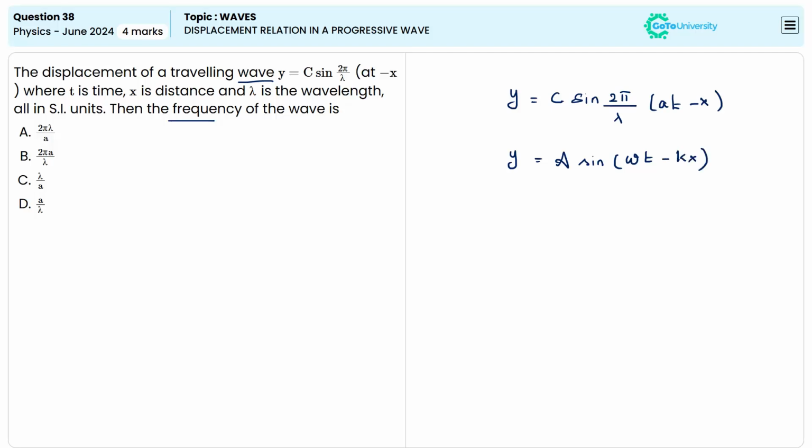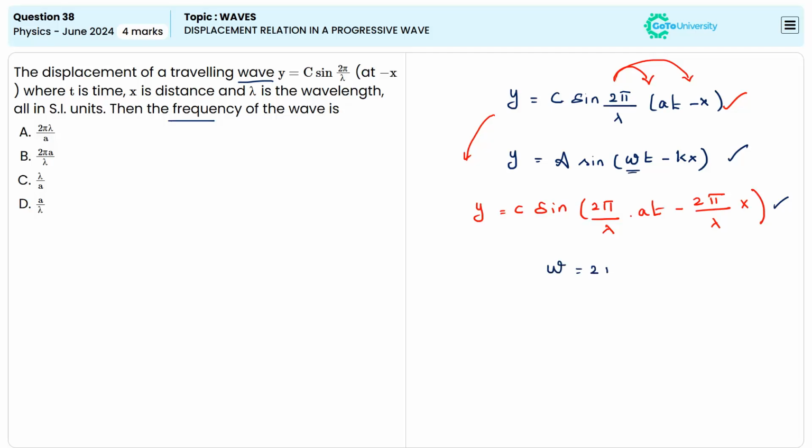So let us change our given equation into the general form. For that, first we have to take the 2π over λ term inside of the bracket. So we can write y is equal to c sin(2π divided by λ times at minus 2π divided by λ times x). So when we are comparing the general equation with our given equation, we can write ω